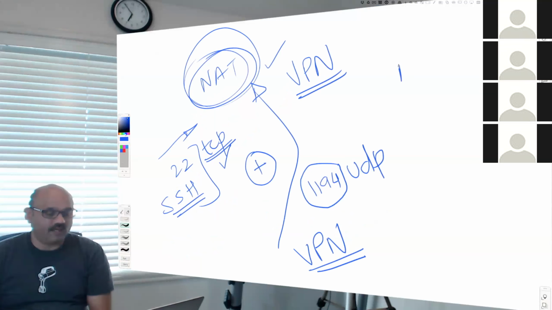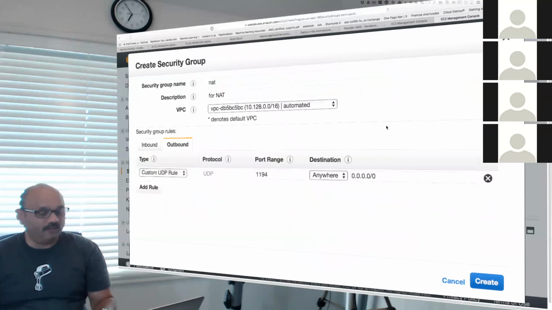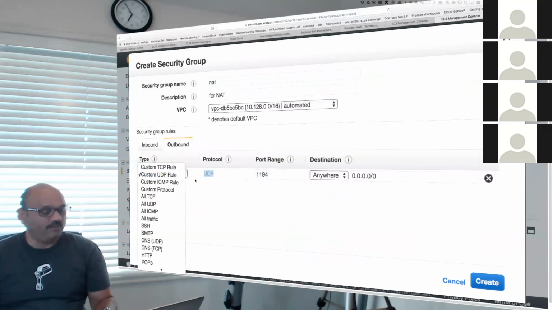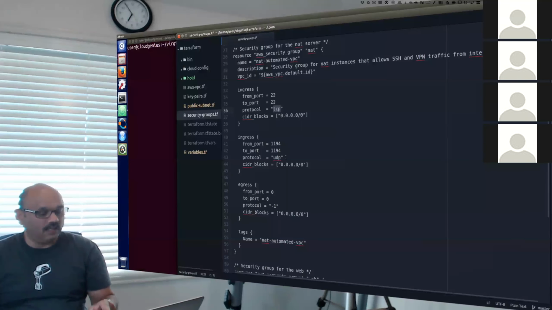We'll have it run NAT and also run VPN for us. And for that reason, we need to have this port open, 1194. And that is what we are opening up in this fashion, port number 1194 for UDP protocol. And that is what this thing does in line number 43.